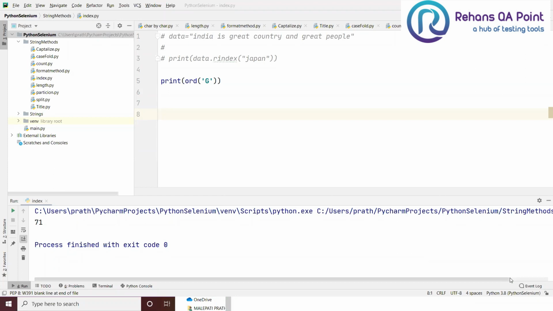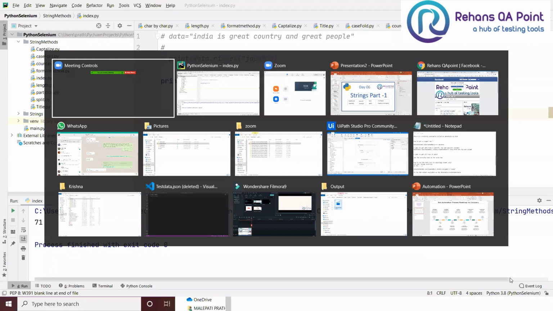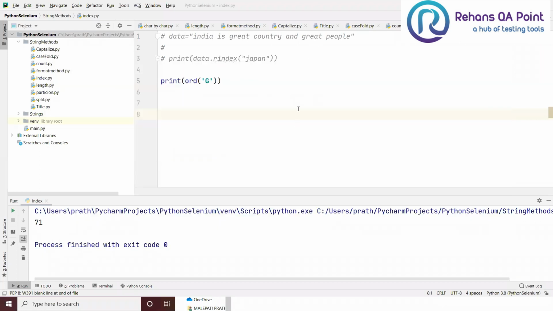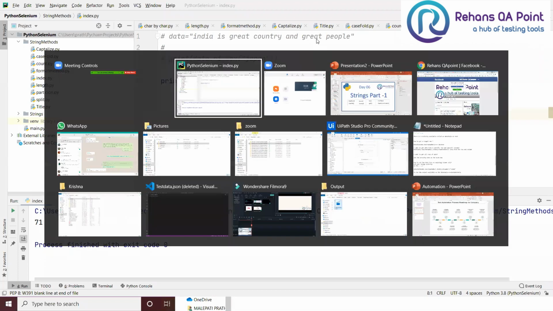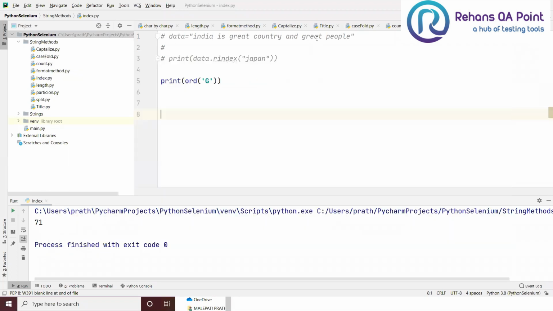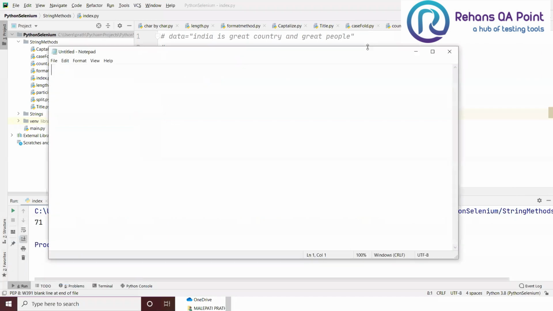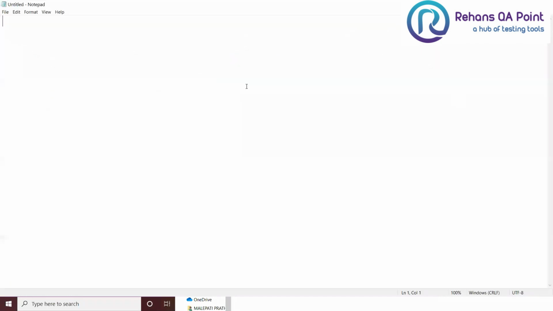So today we'll see a few more methods that are available, which we had kept as pending, and we'll discuss each one of them and understand where we are going to use them. As part of today's session, I would like to start with the first method called startswith.